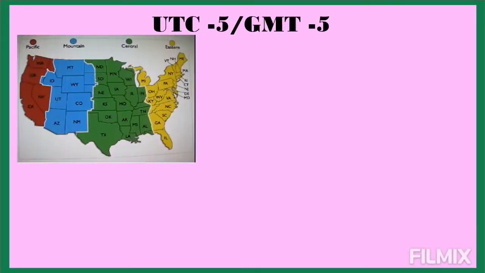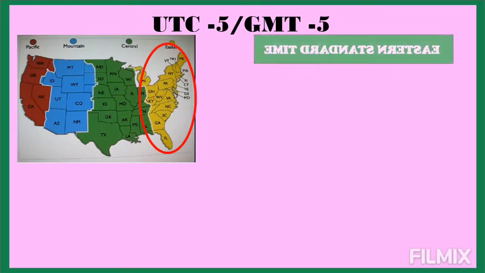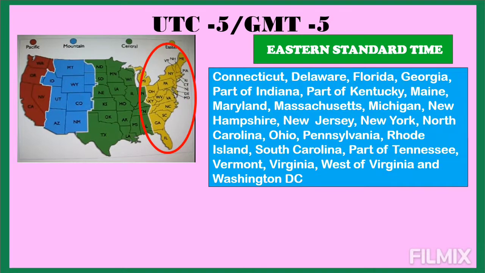Okay guys, here's the UTC negative 5. The Eastern Time Zone is a time zone encompassing parts of all 22 states in the eastern part of the contiguous United States. These are Connecticut, Delaware, Florida, Georgia, part of Indiana, part of Kentucky, Maine, Maryland, Massachusetts, Michigan, New Hampshire, New Jersey, New York, North Carolina, Ohio, Pennsylvania, Rhode Island, South Carolina, part of Tennessee, Vermont, Virginia, West Virginia,